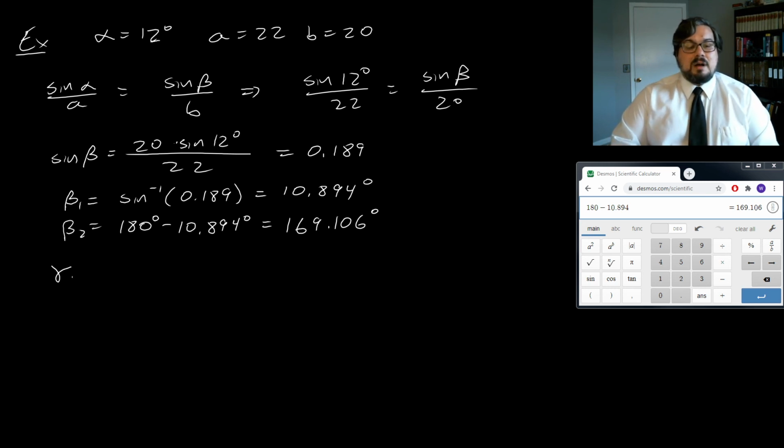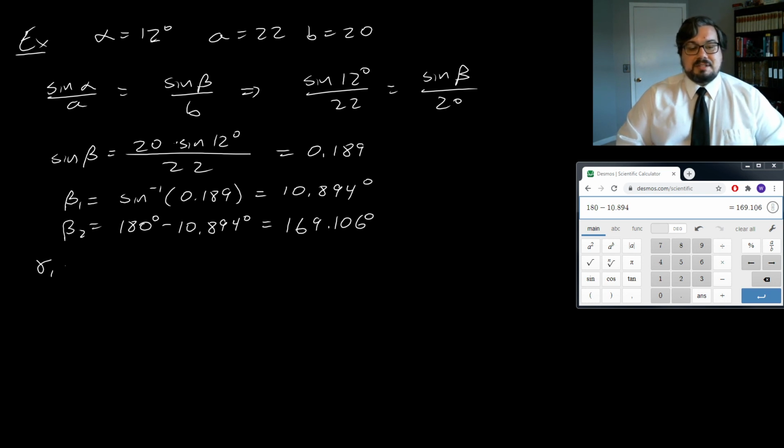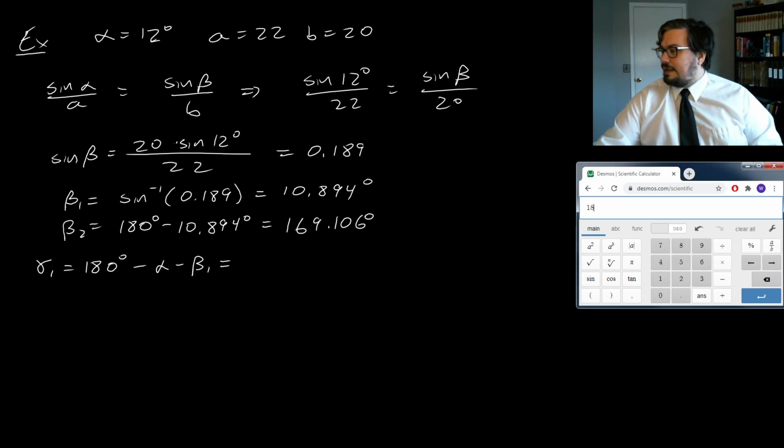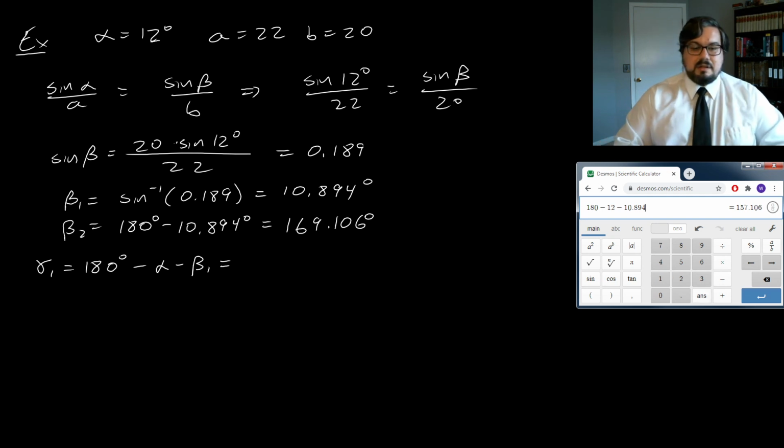Now finding gamma 1 and C1 go just like in the previous case. So I'll move through that quickly. Gamma 1 is 180 degrees minus alpha minus beta 1. So that's going to be 180 degrees minus 12 degrees minus 10.894 degrees. And we'll get 157.106 degrees. And therefore, we have that sine of alpha over A is equal to sine of gamma 1 over C1,